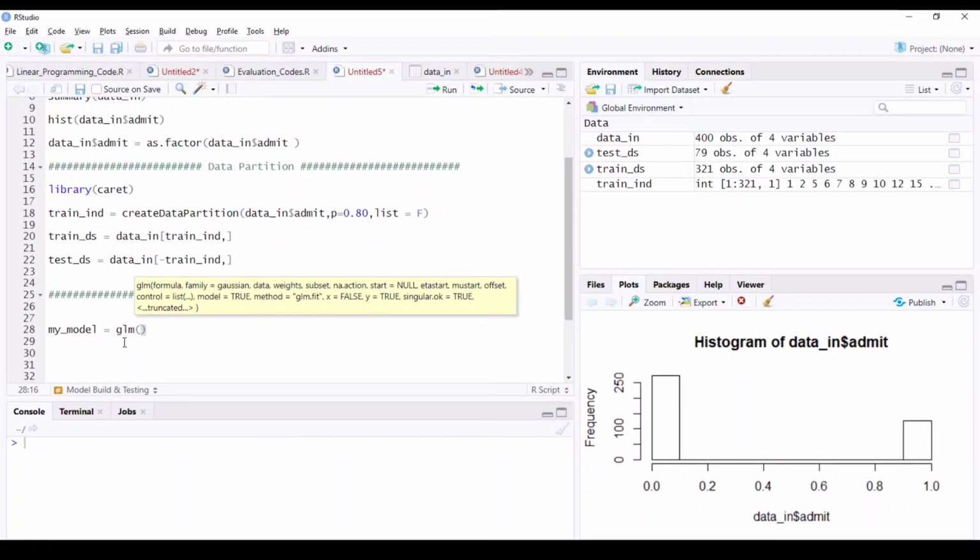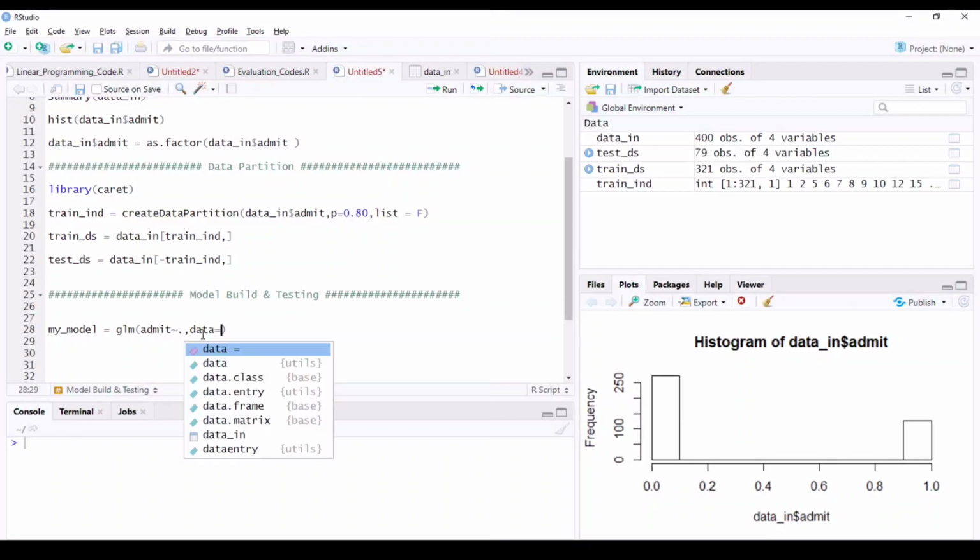It stands for generalized linear models. I'm just going to use admit as my output variable, and then I'm going to use everything else, GRE, GPA, and rank as my input variables. So I'm just going to say dot because it's going to include everything. Then the data is going to be training